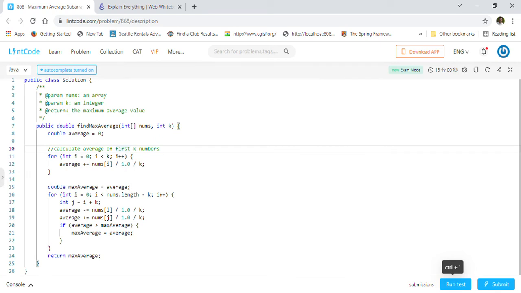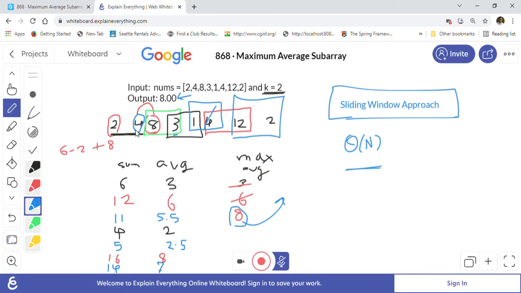As you can see here, first we created a double variable, average, that we will use to calculate the average of our window, right? We will begin by calculating the average of the first window. For example, if k is equal to 2, we will just calculate the first 2 elements, for example 2 and 4, which is 6 divided by 2, 3.